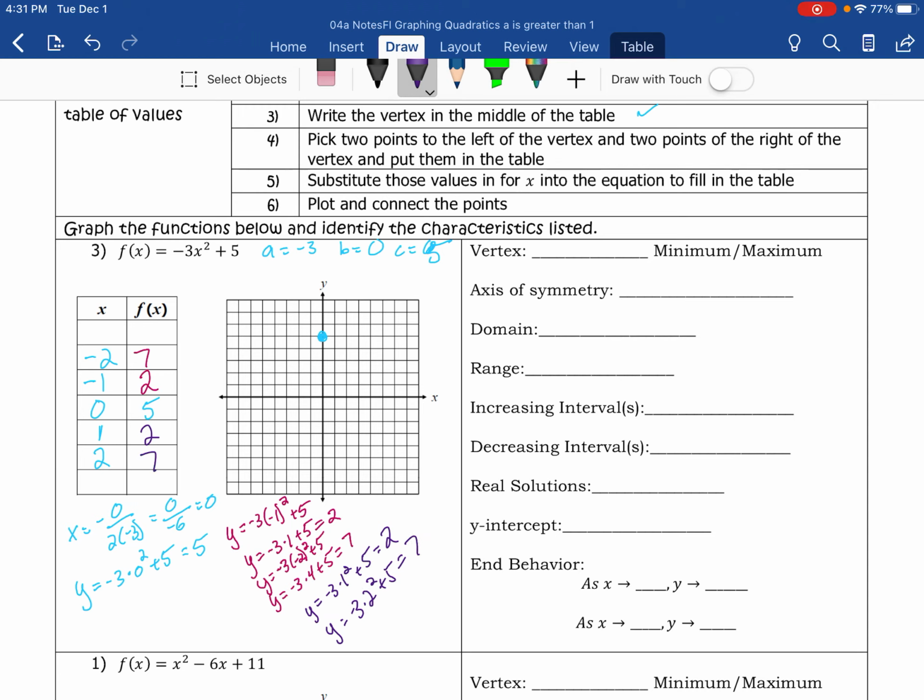And that's all you need: just 2 points to the left and 2 points to the right, leaving a little bit of space to find the other ones. So I plot my points. Negative 1, 2,